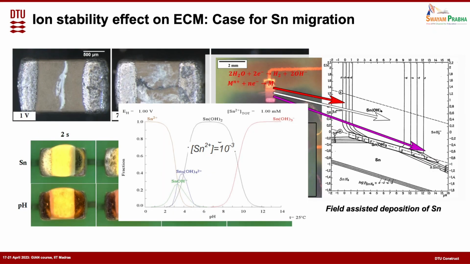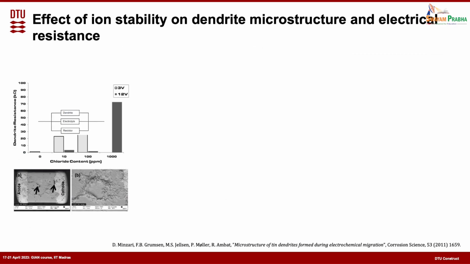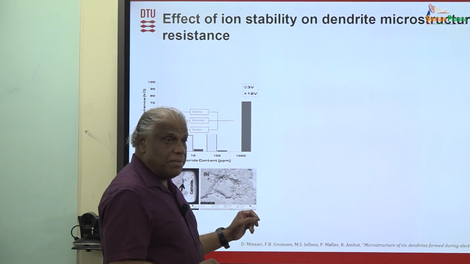That has an implication, because this is just the modeling showing how the tin stability changes with the pH and things like that. What is the implication of that? That is what is causing the dendrite resistance. So dendrite resistance is a function of different parameters. It is coming because of this